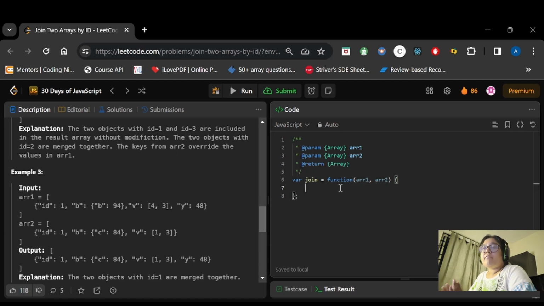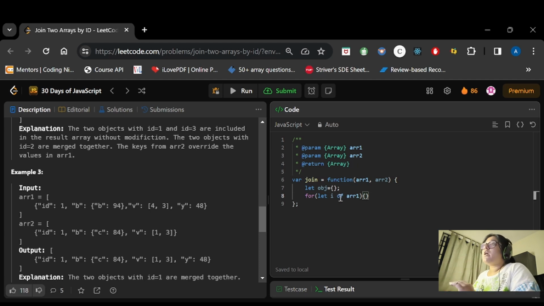We have arr1 and arr2 already present, and now I will create an object, and this will store our values. Now we will start iterating: let I of arr1. With the use of of, we are getting the values of arr1 at every index.